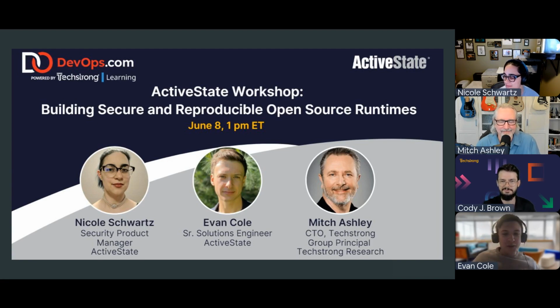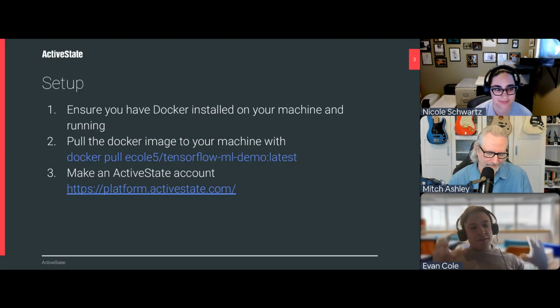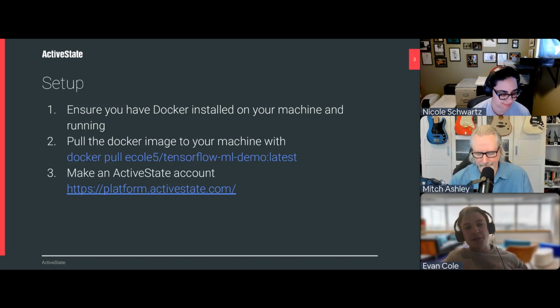Sure. Thank you for the introduction, Cody. Super excited to be here today to share with everyone. Before we get going, I want to make sure everyone's set up. If you do want to follow along, there is a Docker image to download. So the steps are: ensure you have Docker installed on your machine and running. Pull the image, and my colleague Nikki has just put that command in the chat, this Docker pull command. And then this is optional but highly encouraged. Make an ActiveState account. You can do so at